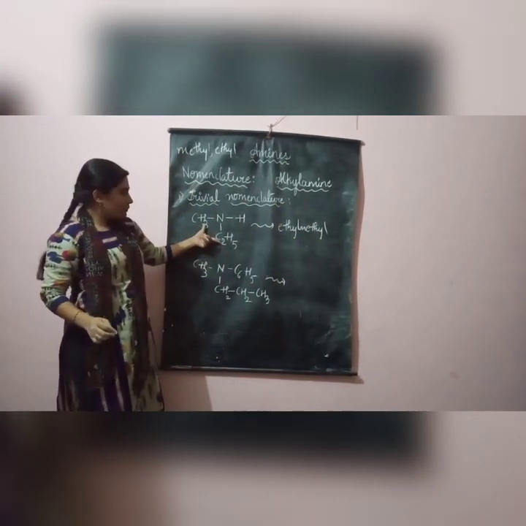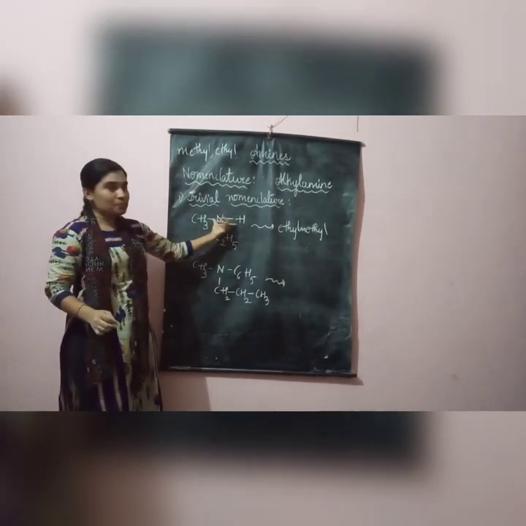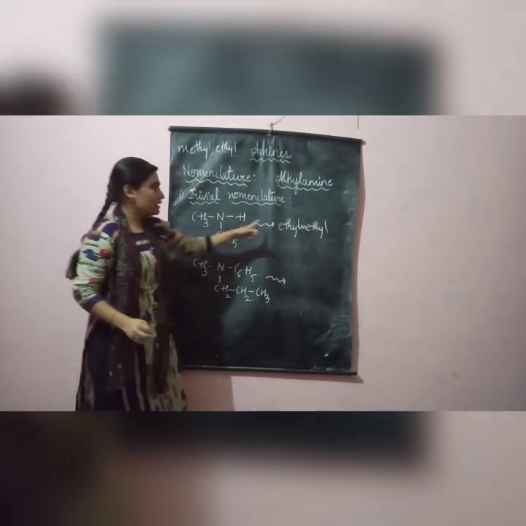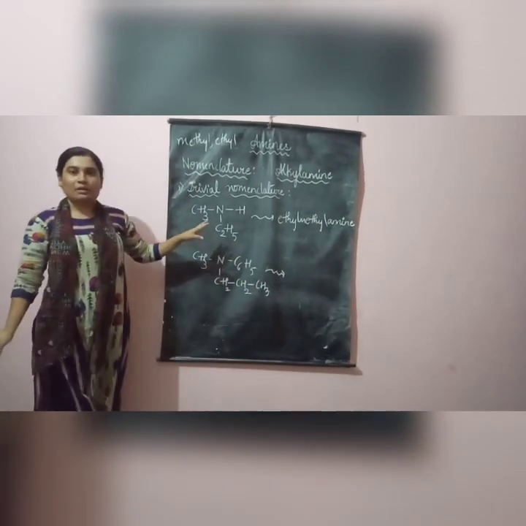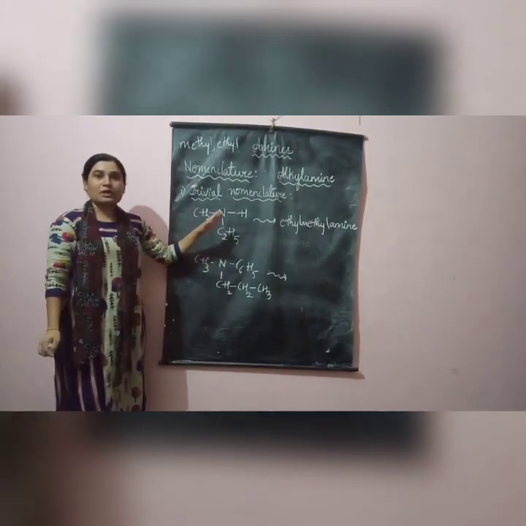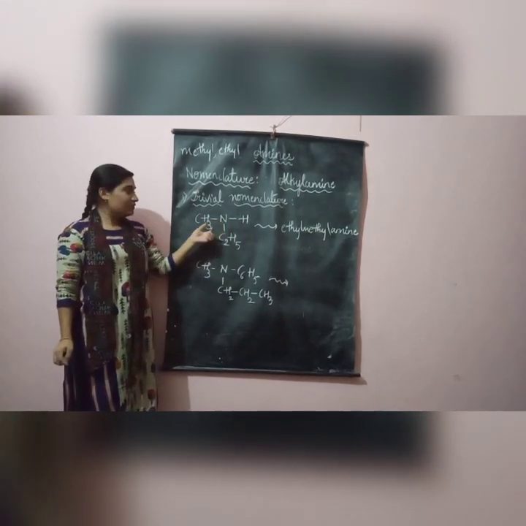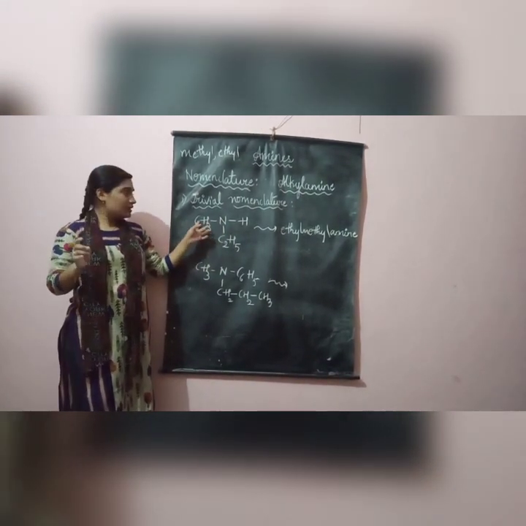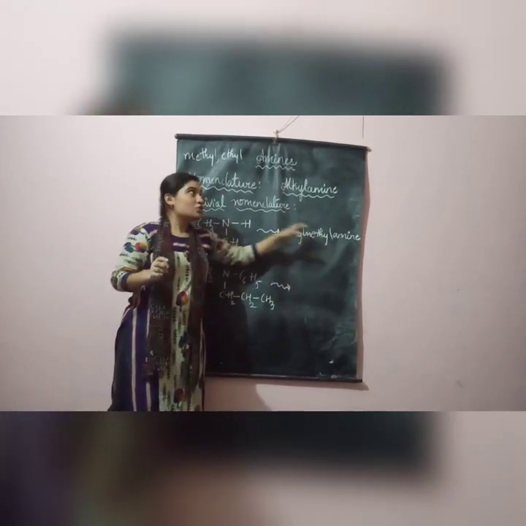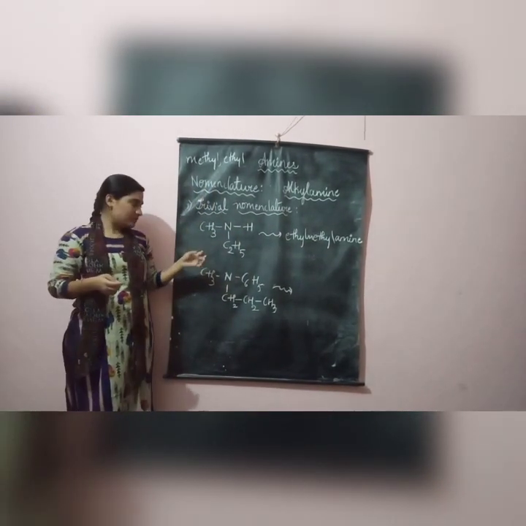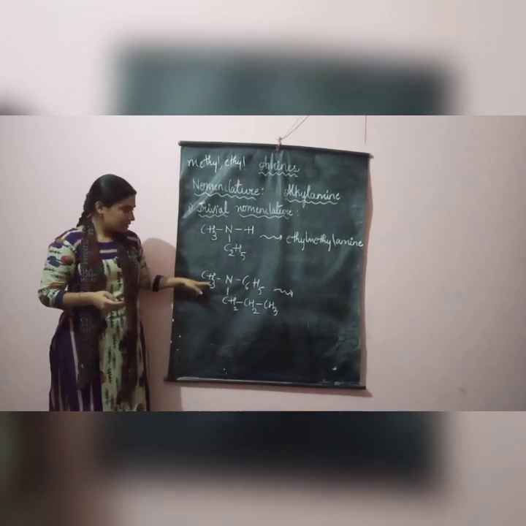Ethyl is written, methyl is written. What is left? The functional group is left. What is the functional group? Amine. So the name will be ethyl methyl amine. Whenever you come across such compounds in which the alkyl groups are not the same, they are different, then you will be looking for the alphabetical system. Next example I have written CH3N,